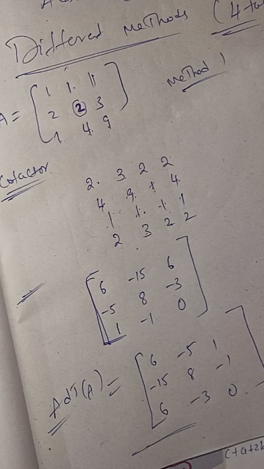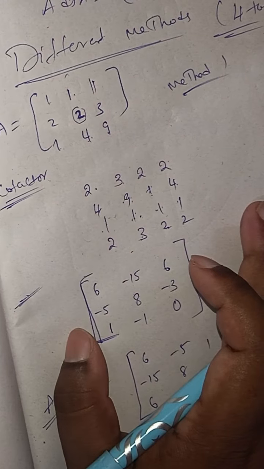So what is the second method to find the adjoint of A? Okay, what is the second